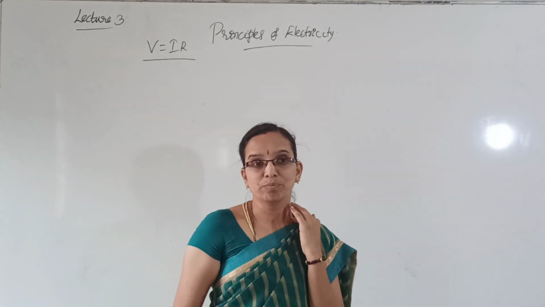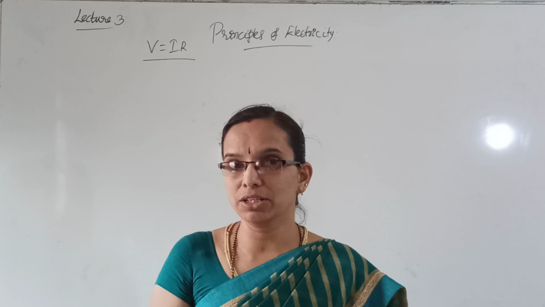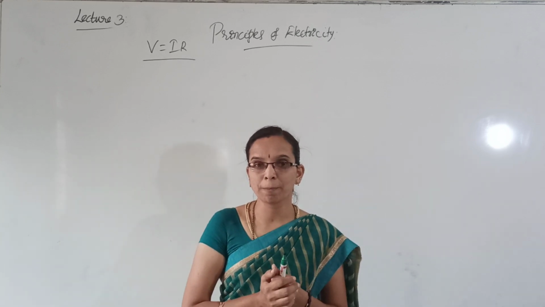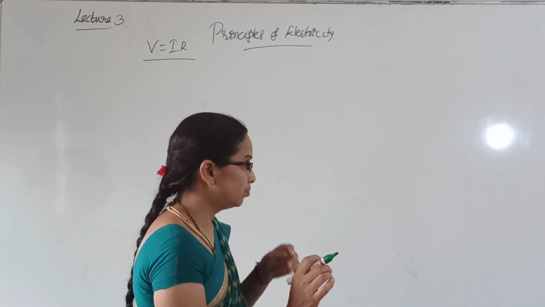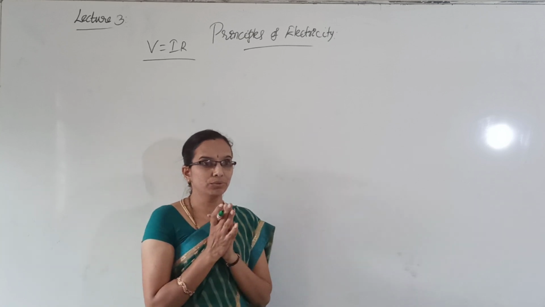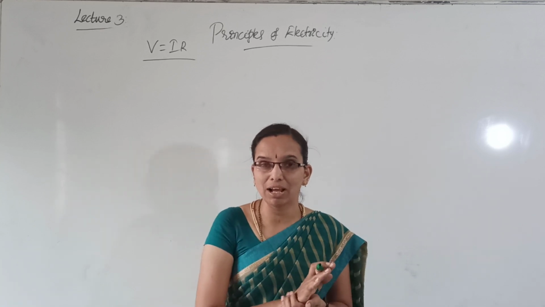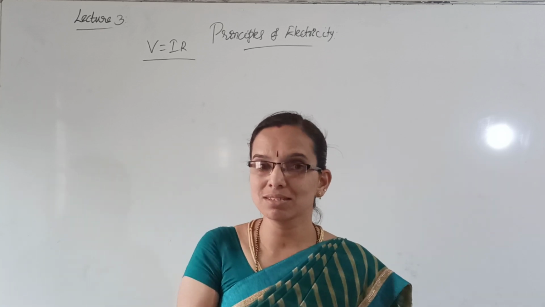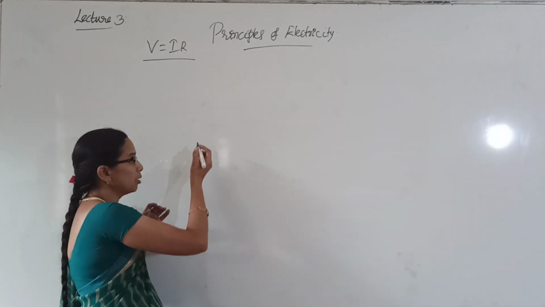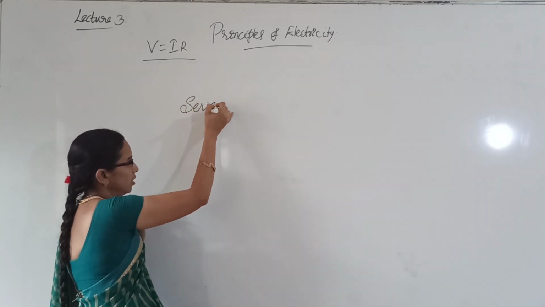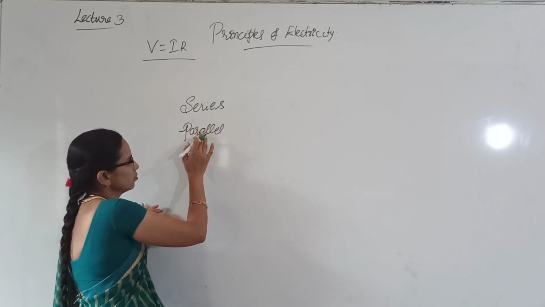That means if you want to construct an electrical circuit, you want some value of resistor which is not available with you. Instead, you have, for example, 2 or 3 resistors which are not your desired value. To get the desired value of resistance, you can combine these resistors. How to combine? These resistors can be combined in series or in parallel combination.